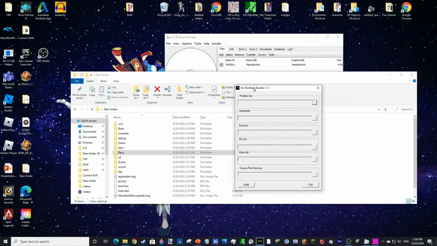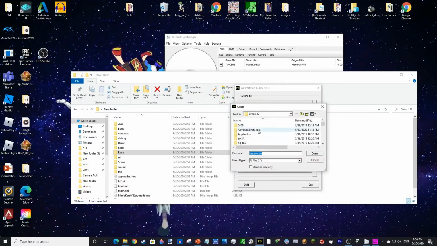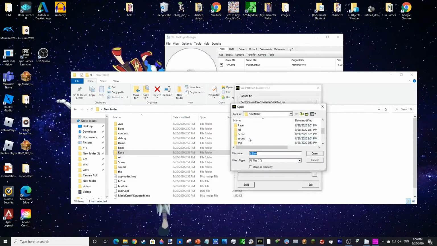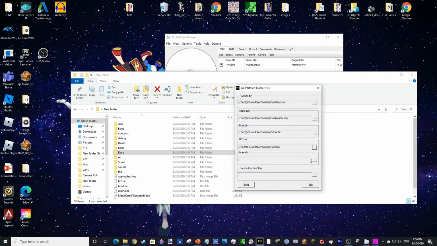Wii Partition Builder, open. You would first want to search for the files. So go to your folder that you chose, then go down here. The first one you'll need is partition.bin, then apploader, then boot, then bi2, main.dol,